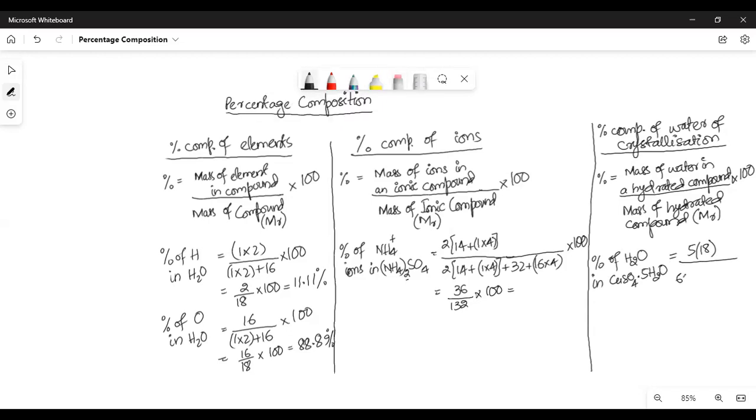And this is 64 plus 32 plus 16 into 4 plus 5 into 18, and this whole thing by 100. So that is 90 over 250 into 100. And the answer to that is